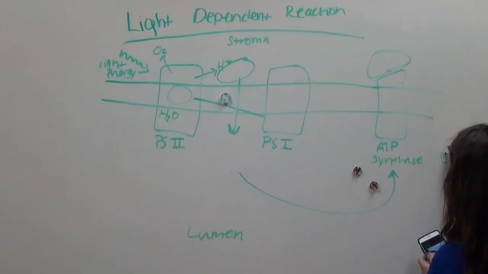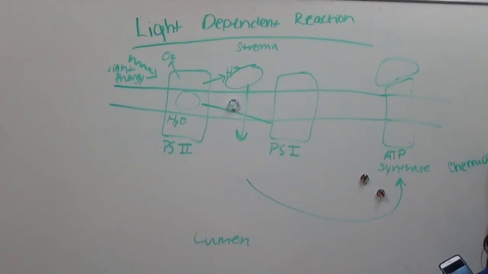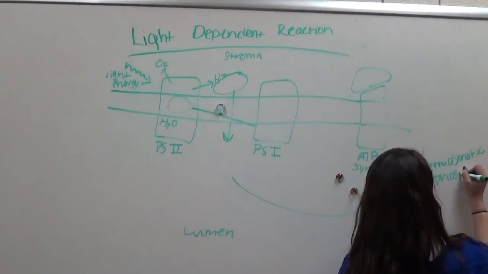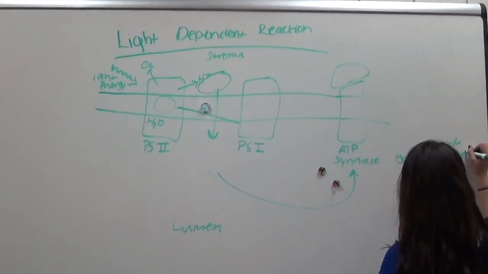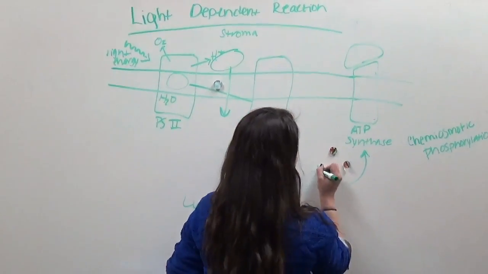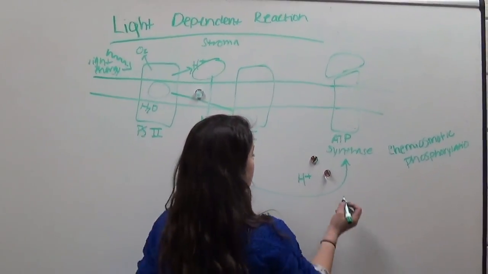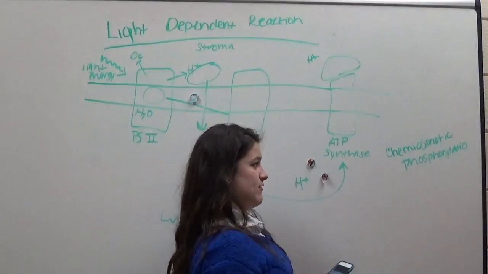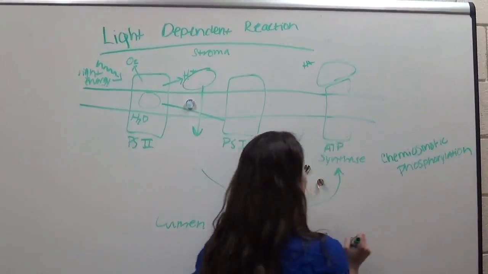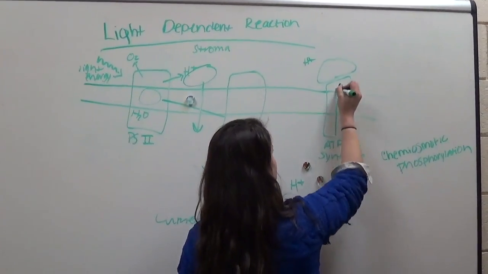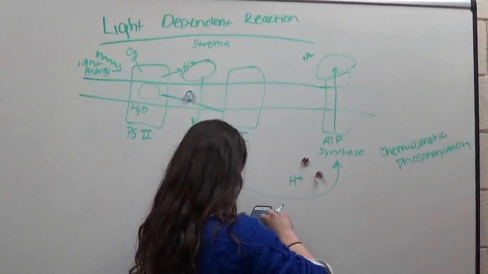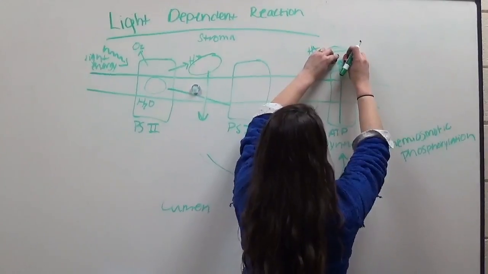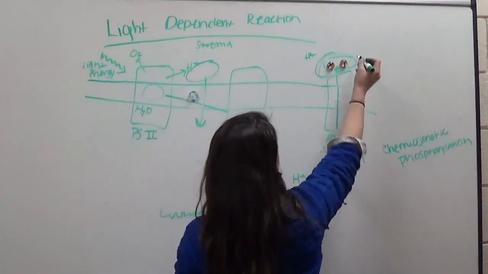But these guys are going to travel this way, and because of osmotic, what's the word? Phosphorylation. So there's a high concentration of hydrogen, and they want to pass through to a lower concentration of hydrogen. So osmotic phosphorylation. They travel through ATP synthase and up into the stroma. So the hydrogen go up here and they turn this,